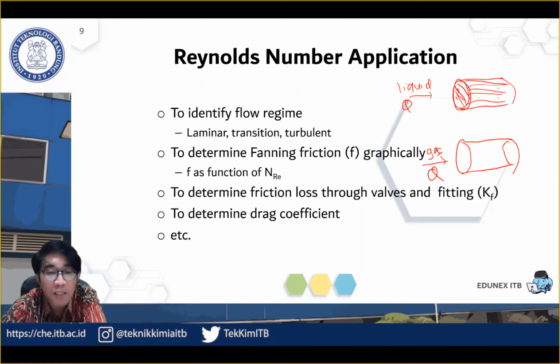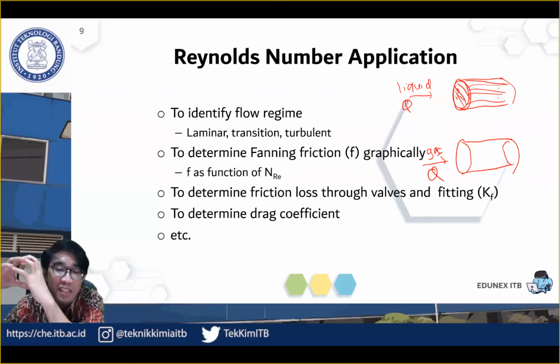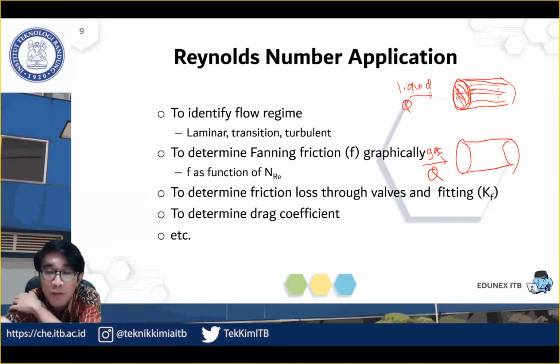Vice versa, but if you have a smaller flow rate, but you have a higher diameter of the pipe, what will happen? The water will not fully occupy the pipe. Ya kan? Berdasarkan sifatnya, ya karakteristiknya ya, kalau volumetric flow rate airnya itu kecil, sementara pipanya itu gede gitu ya diameternya, kan dia nggak akan penuh ya. Mungkin hanya mengisi, maybe it's only fill half of the pipe. Maybe only fill a quarter or 3/4.